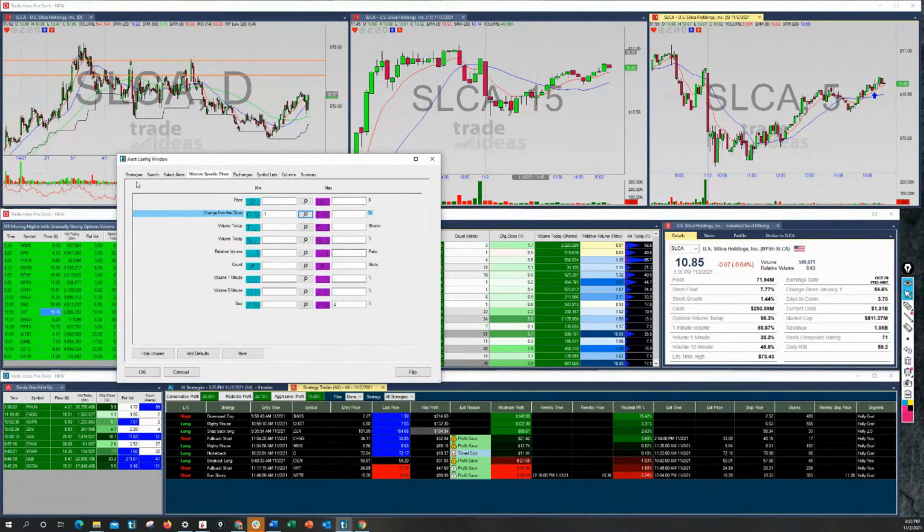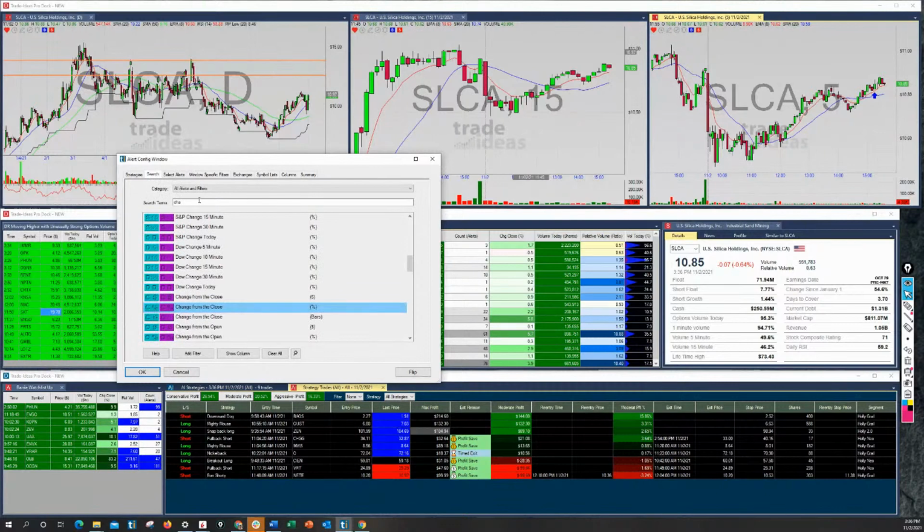And let's look for some volume stuff in here. We don't want to just look at anything, so let's make sure we're seeing something. We'll go with 100,000 shares traded for now, at least that on the day. What else can we add on here? Make sure there's some volume, some interest in it. So we'll go with a 5-minute volume here, and we want to make sure they're doing 2 times what they're normally doing over 5 minutes. That's why we put a 200 in here, because it's done in percents. And we need an alert to go with this here. So let's go with that.